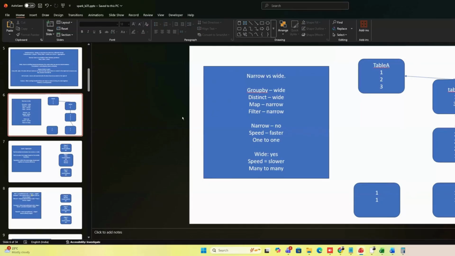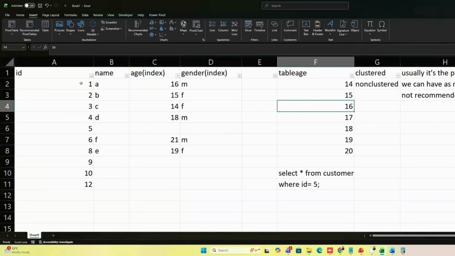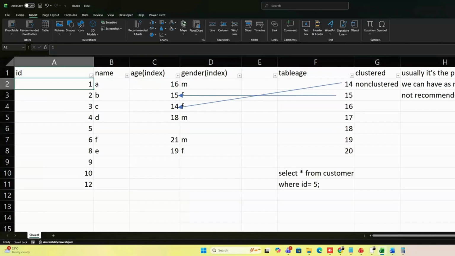Now, what is this salting? Very simple. Let me show you an example. Okay, so I have ID like this, and in this ID, I have 1, 2, 3, 4, 5, 6, 7, 8, 9, 10. But because of data skewness,